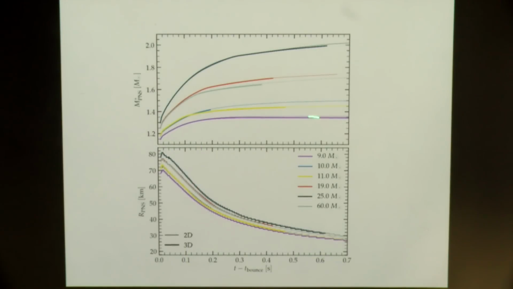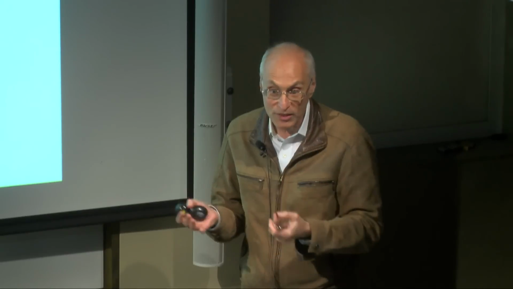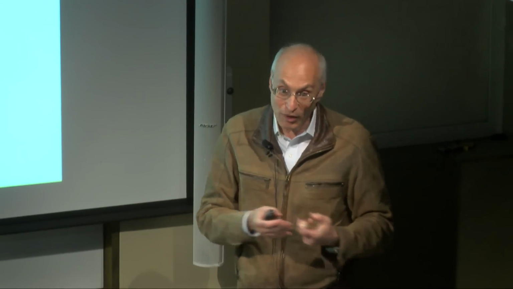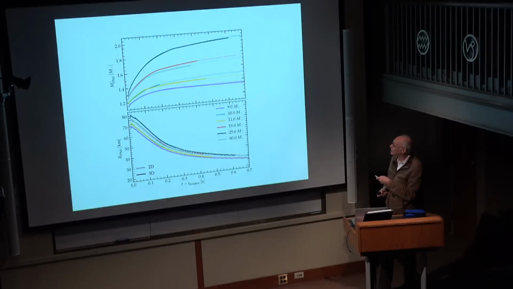Here are the neutron star masses left behind. These are the baryon masses. And so here's about 1.15 solar masses baryonic. And then this one grows to about 1.35. Then we get up to 2, a little bit higher than 2 baryonic. These things, the binding energies eventually are going to be fairly large, and so you have to subtract the binding energy, which is about 2/10 of a solar mass, 3/10, 1/10 of a solar mass, and so you have to make that correction. And we get neutron stars left behind, gravitational masses that vary between about 1.2 solar masses and